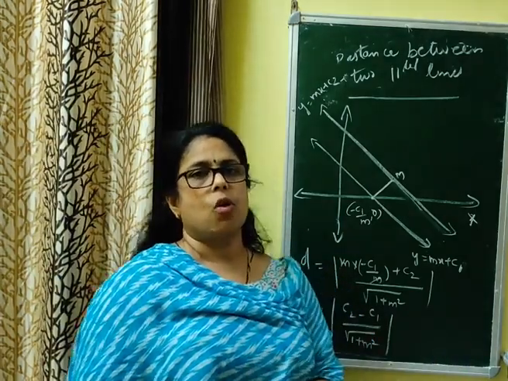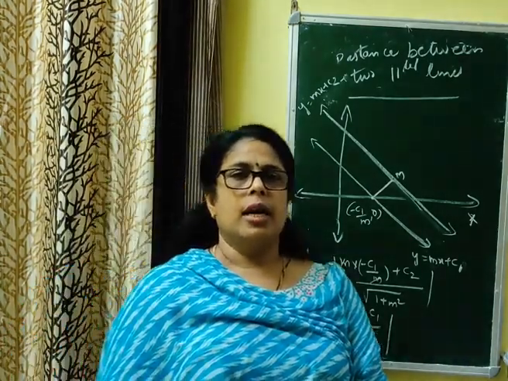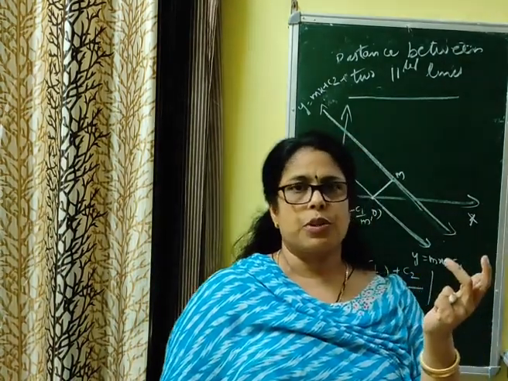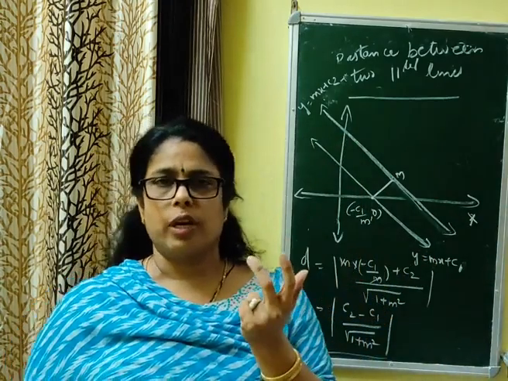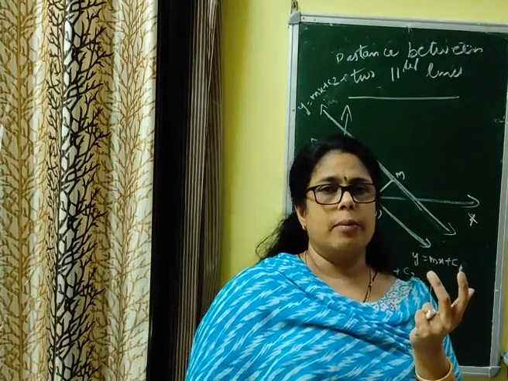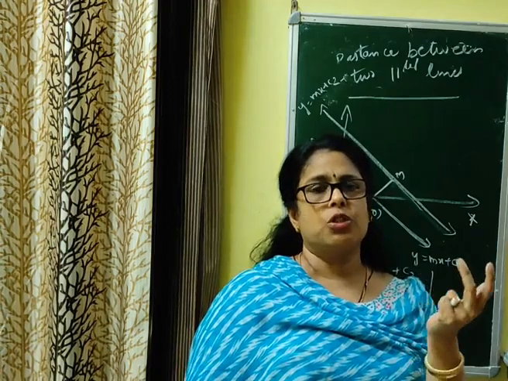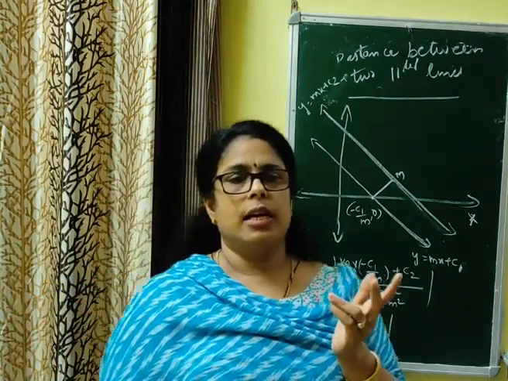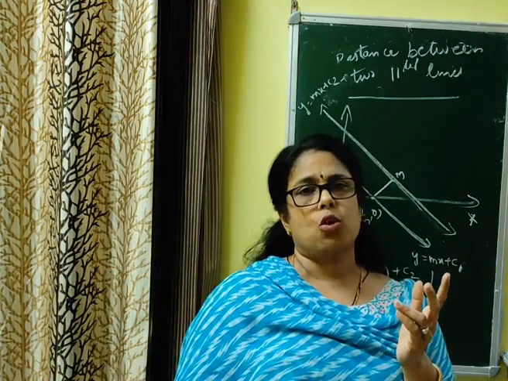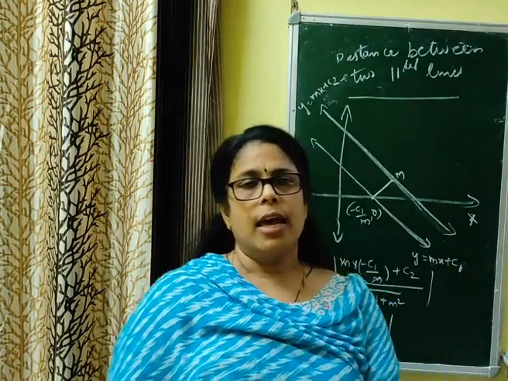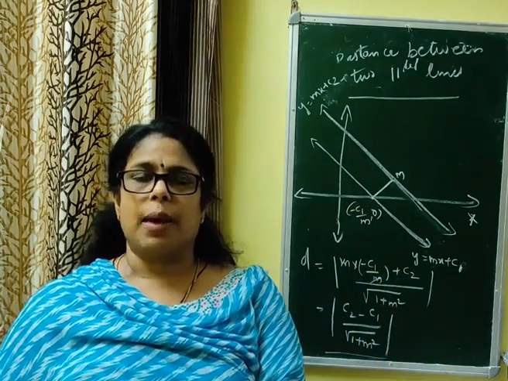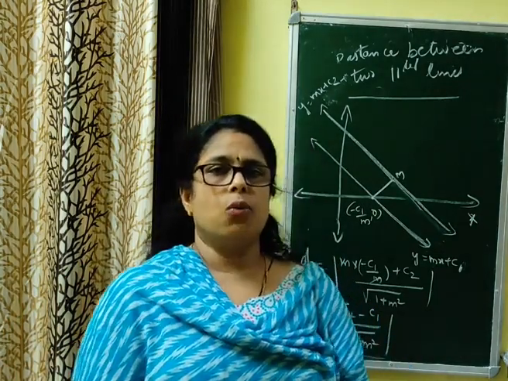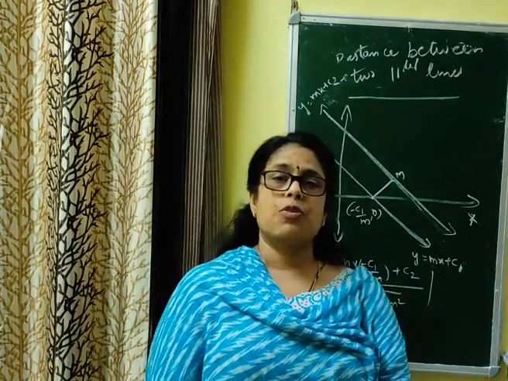That is all. We have completed our theoretical part. Today we have studied the intercept form of the equation of a line and the normal form of the equation of a line: x cos omega plus y sin omega equal to p. Omega is the angle made by the perpendicular from the origin to the given line, in the anti-clockwise direction from the positive direction of the x-axis, and p is the distance of the perpendicular from the origin to the given line. And how we can convert the general equation Ax plus By plus C equals 0 into different forms of equation of a line.